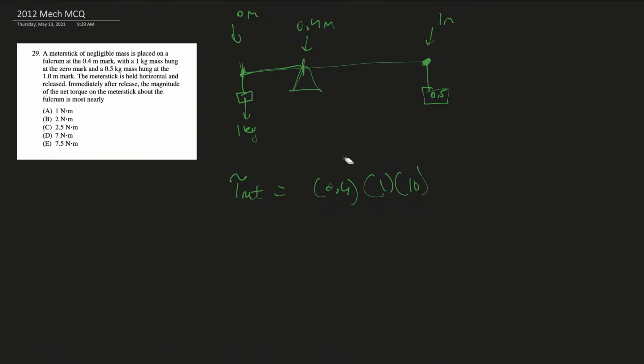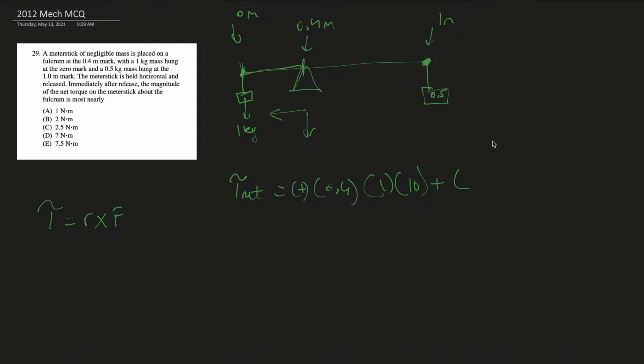How to get the sign? You're going to have to use your right hand rule. The equation says torque is equal to R cross F, so you point in the direction of R, and the direction of F, so you cross your hands. If I put my hand in the direction of R and cross it, my thumb points out of the page. So if we say that out of the page is positive, we multiply this by a positive 1. That's it. And then we add